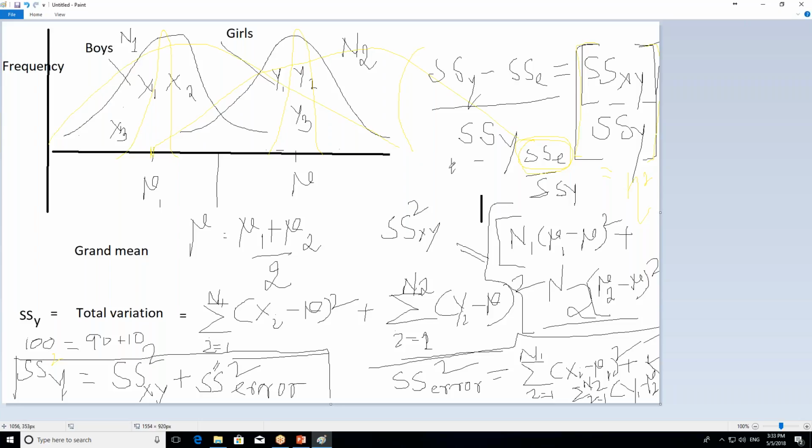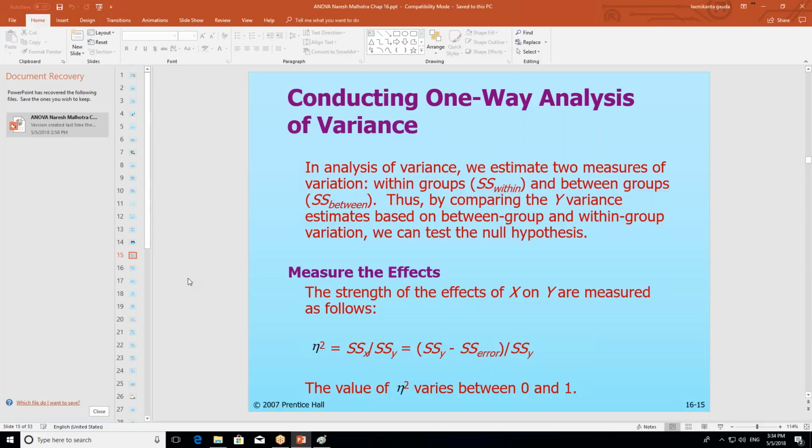If your eta square value is near to 1, it says that the strength of difference is significant, and if the eta square value is close to 0, it says the strength of a difference between the groups is insignificant, right? So like eta square, there is another variable called f test. Let me also take you through the f test. Okay, so f test also will